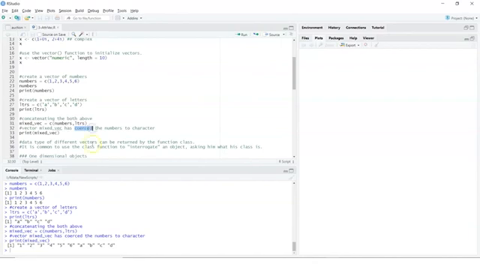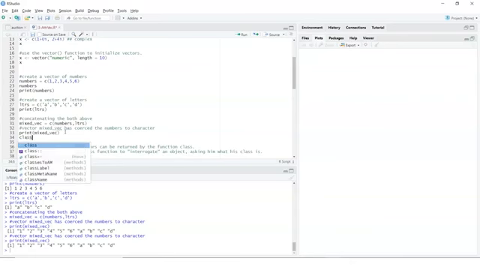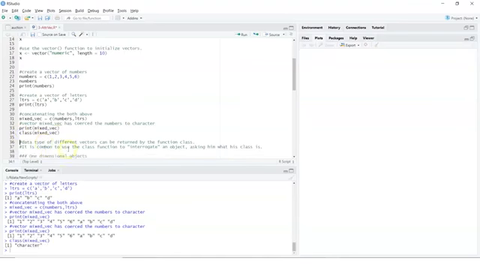That is basically casting, if you know the word from different programming languages. So it basically coerces the numbers to character, as characters cannot be coerced into numbers. And then you can print the values of this mixed vector where everything is of character type. So for example, at this point, if I did something like class of mixed vector, and wanted to look into the values of this one,